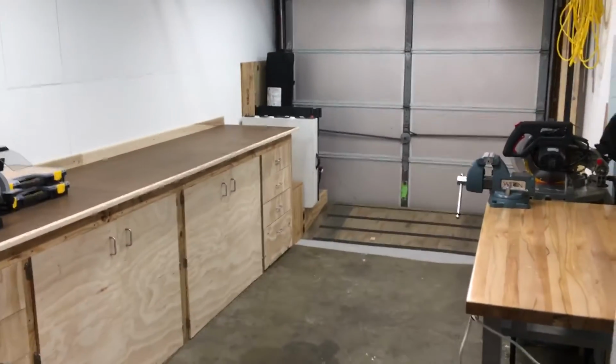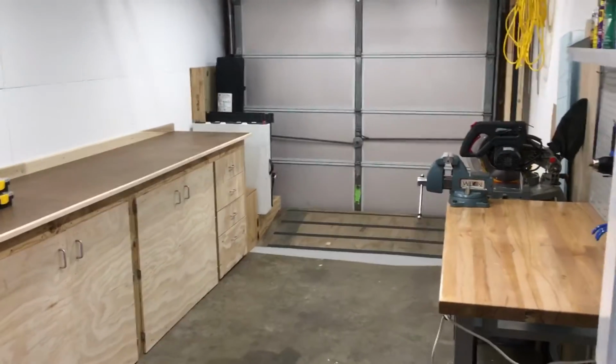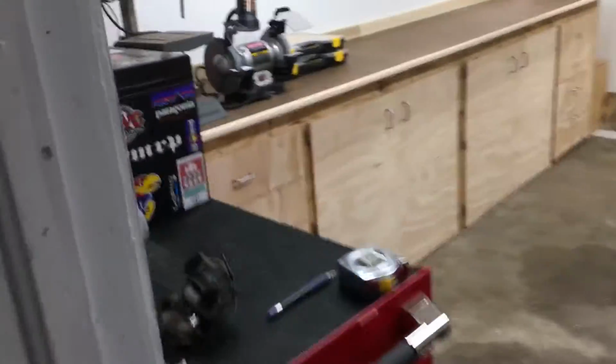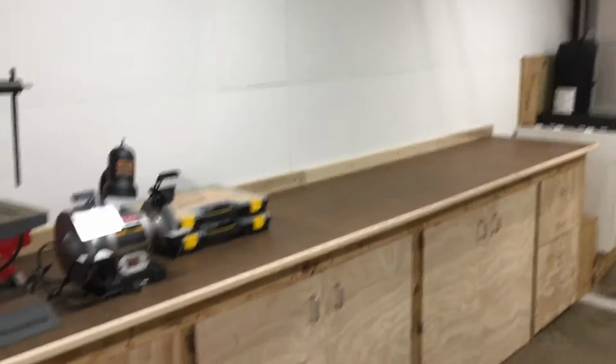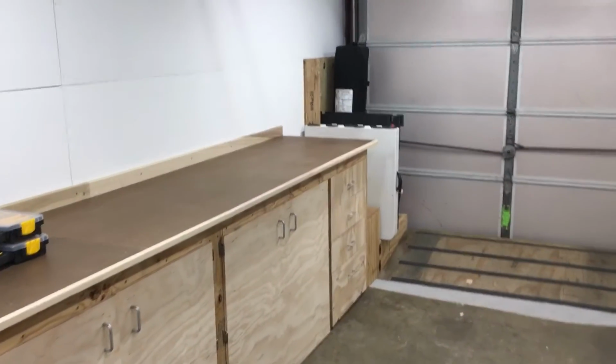Okay, here's an update of my garage after a couple months after moving in. I guess more of a shop now since I can really only pull in a smart car now, probably. Definitely still have a lot of plans, but I've got a lot of foundational work done that I feel comfortable working on the Airstream and kind of tearing into that mess now that I have a lot of this